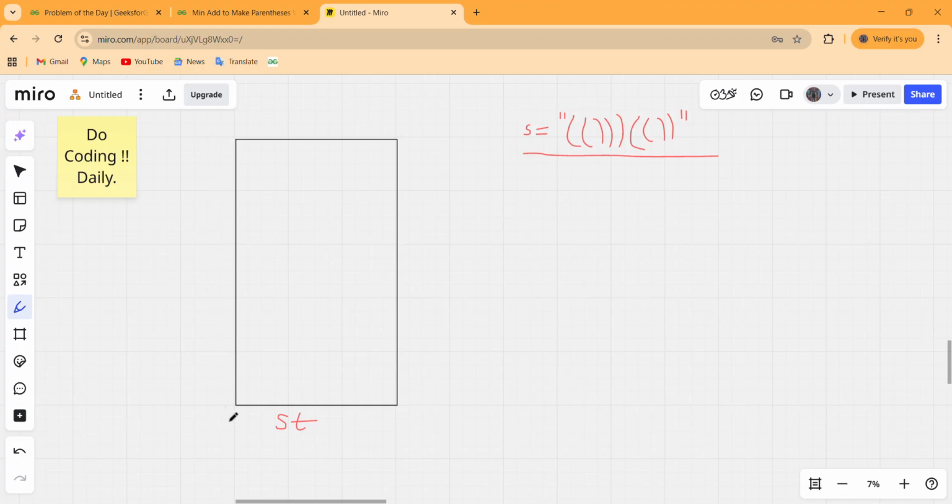First we make a stack that contains characters as elements. Then we have this S. Now we can take the size of S by S dot length simply, or in C++ we can do it by S dot length or S dot size. Now we will start a loop from i equals 0 till i is less than the length of S. Our i is pointing to this character. Let us call this character current.